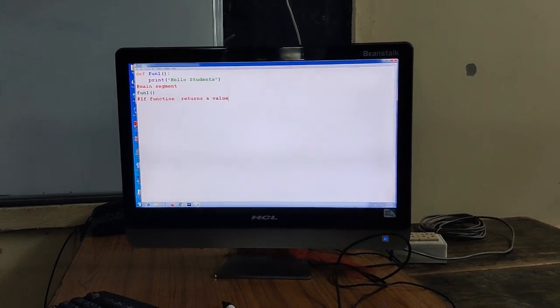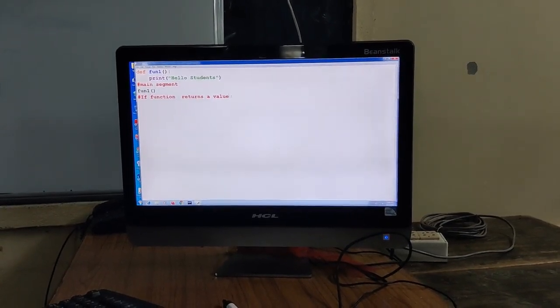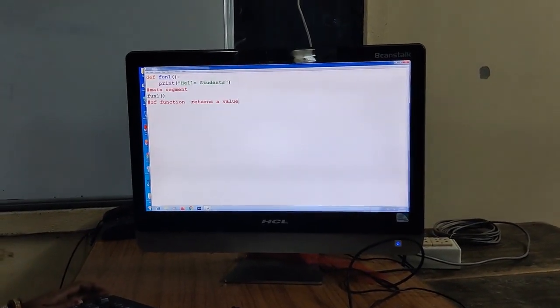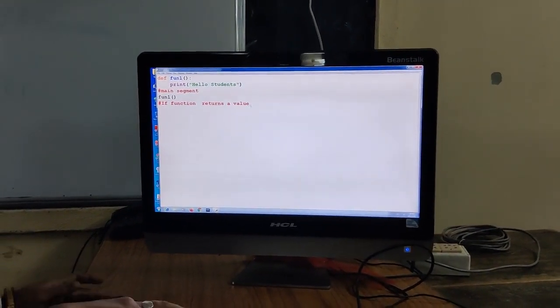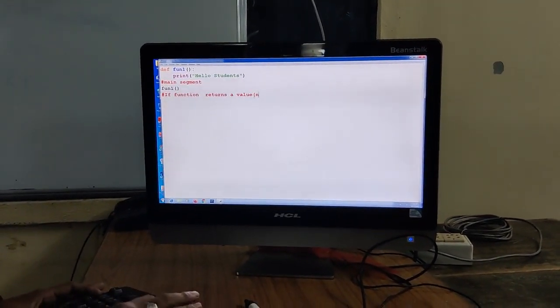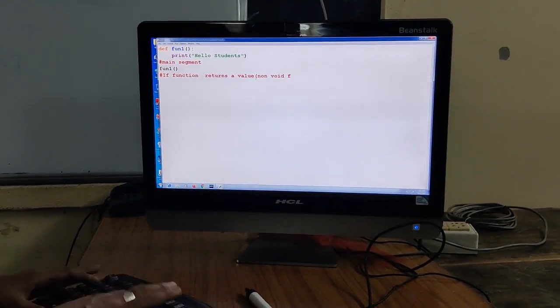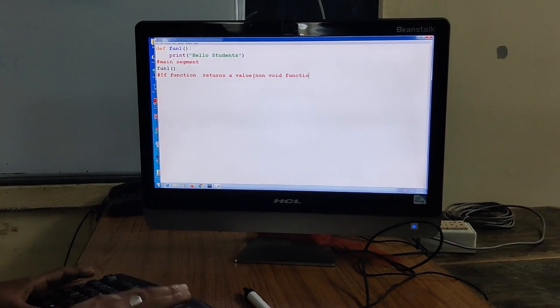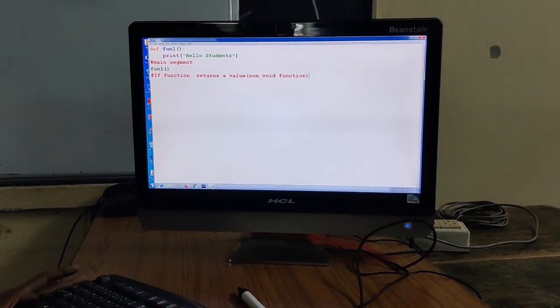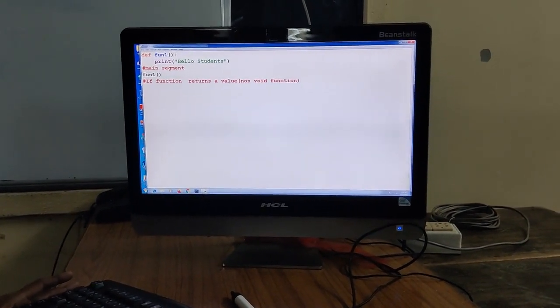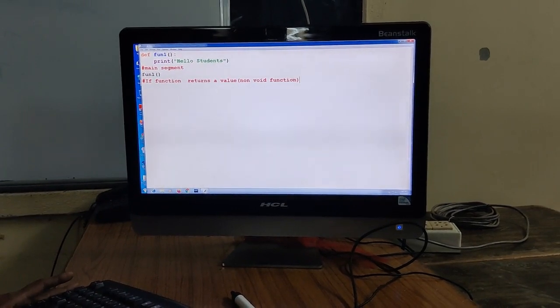One is void function and another one is non-void function. So if your function returns a value, then that one is known as a non-void function. So when a function returns a value, that is known as a non-void function.